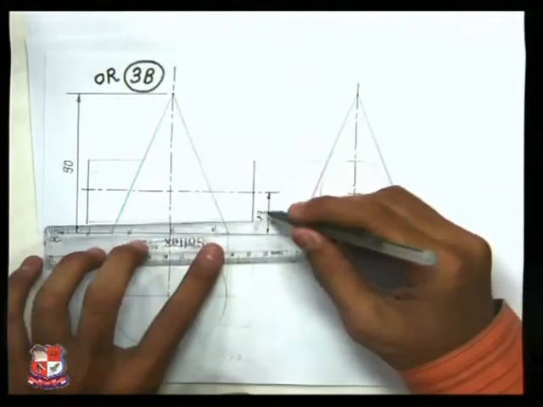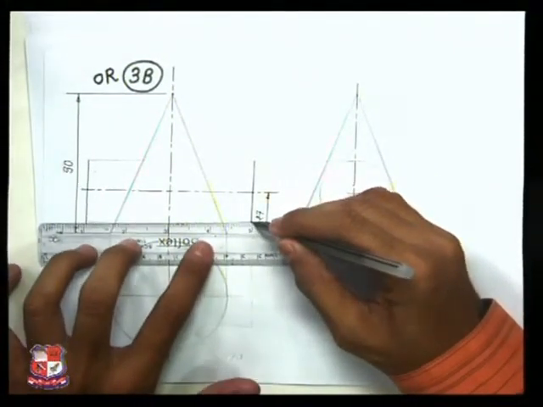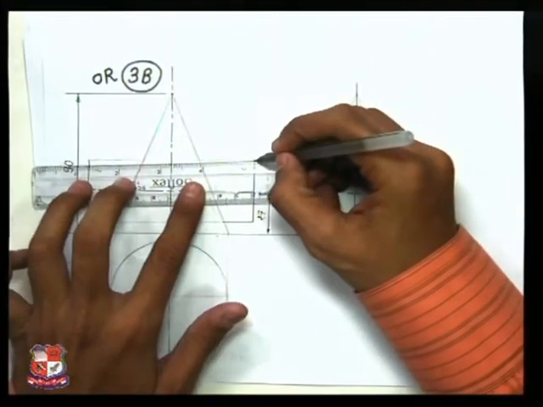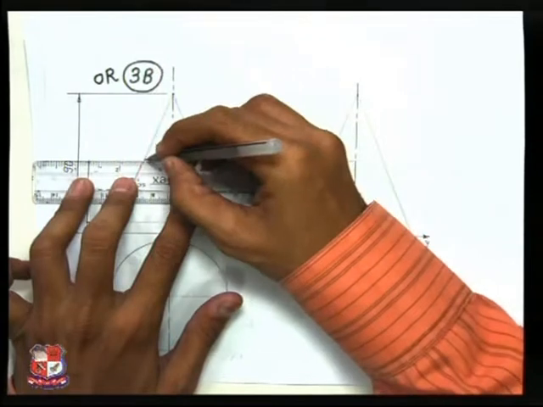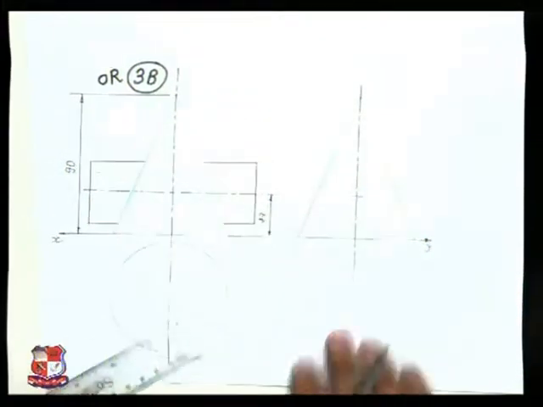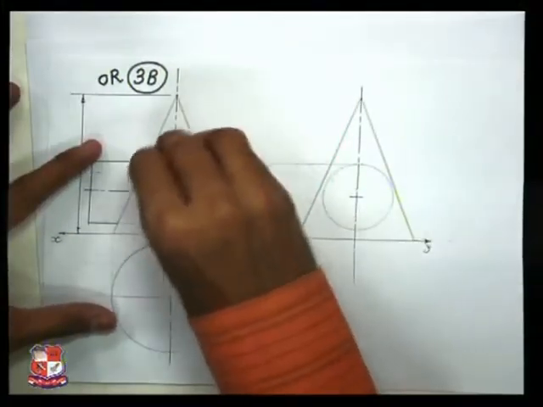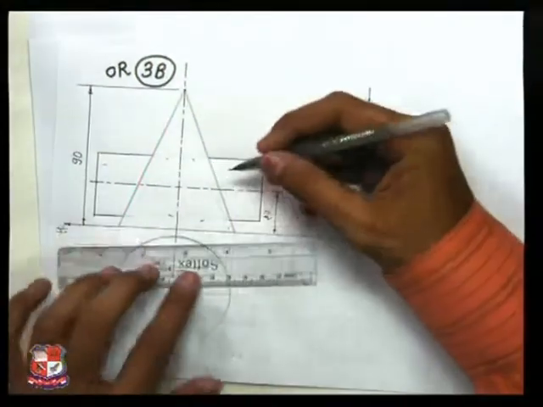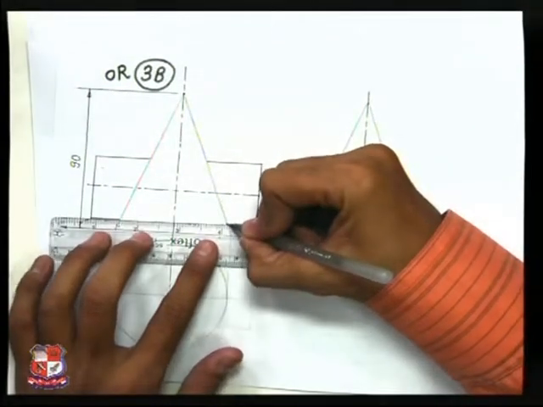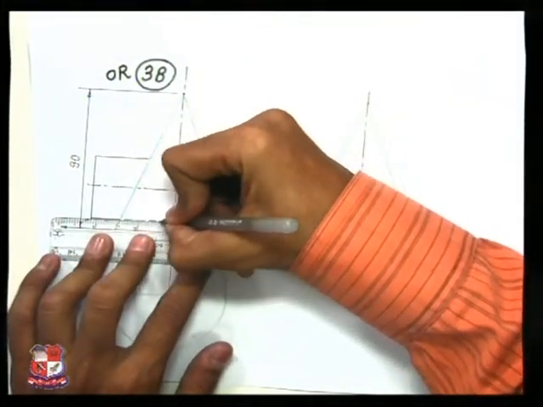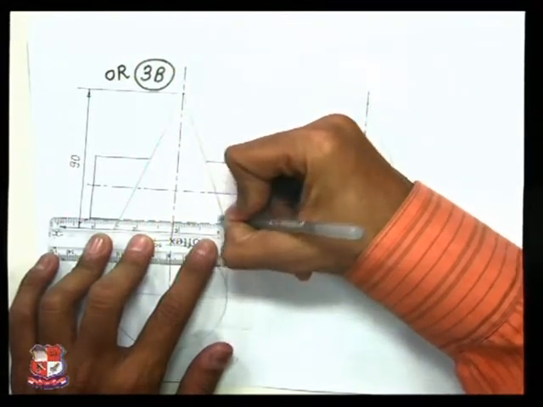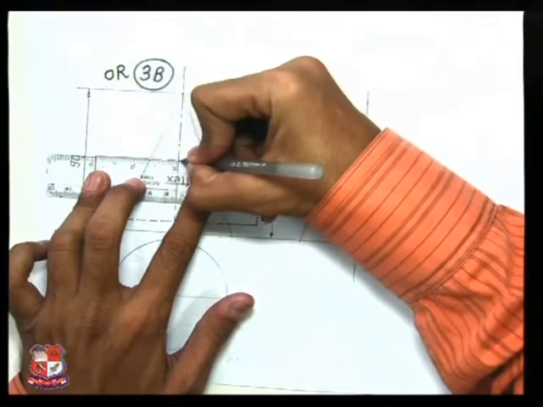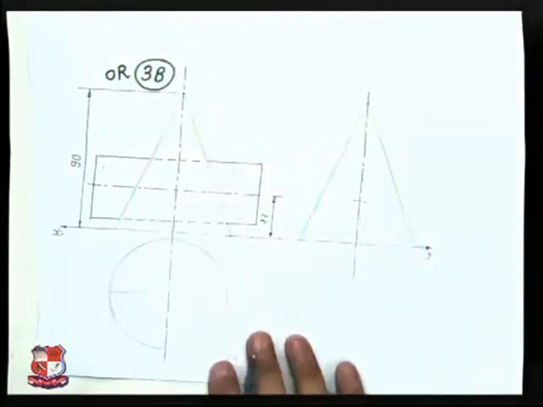Length is not given to us, so we assume symmetrical on both the sides. Here also the cylinder inner portion would not be visible, hence we should represent that edge by dotted line. Here inside it would not be visible, hence we join with the dotted line like this. So this dotted line represents the edge of the cylinder which is inside this cone like this.